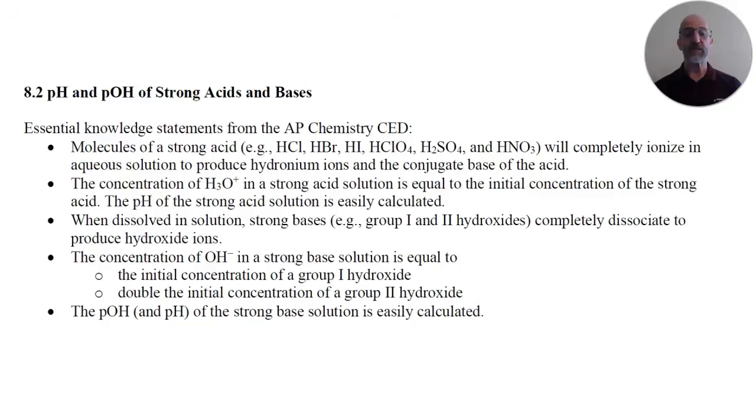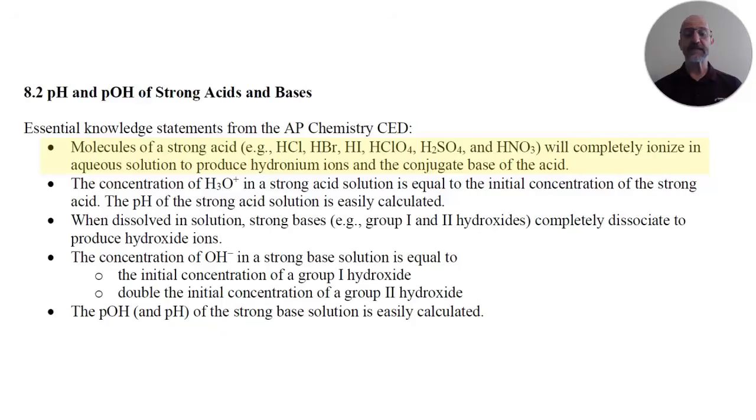So now it's time to move on to the review for topic 8.2, pH and pOH of strong acids and bases. Here are some essential knowledge statements from the AP Chemistry course and exam description. Molecules of a strong acid, and here are 6 strong acids that you should be familiar with on the AP Chemistry exam: hydrochloric acid, HCl, hydrobromic acid, HBr, hydroiodic acid, HI, perchloric acid, HClO4, sulfuric acid, H2SO4, and nitric acid,